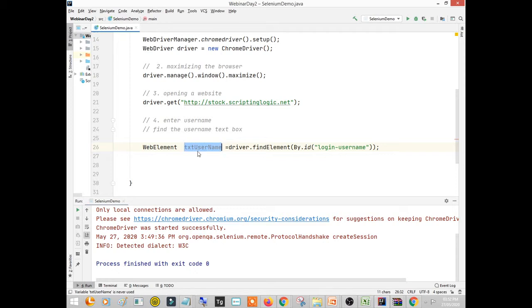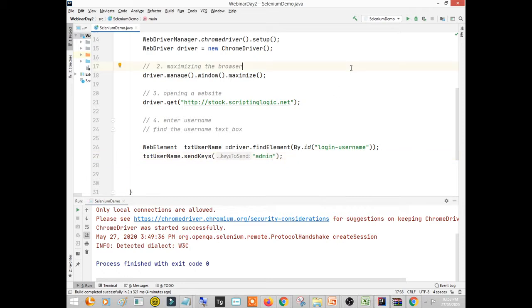So I have got this web element. Now I have to set the username. So I have a method send keys. So txt username dot send keys, and whatever text that you want to pass, let's say admin, you can write into it.